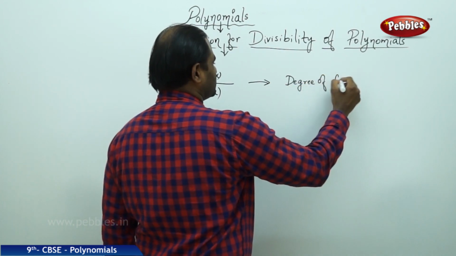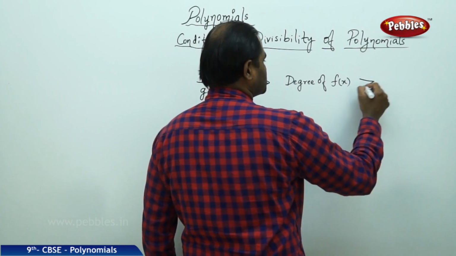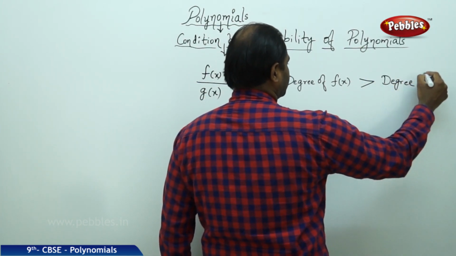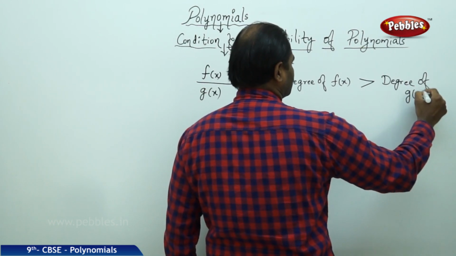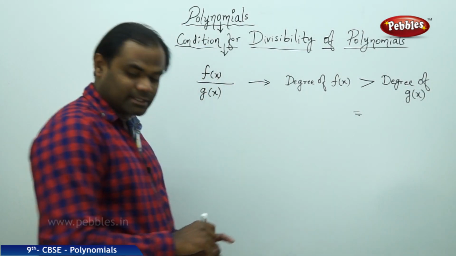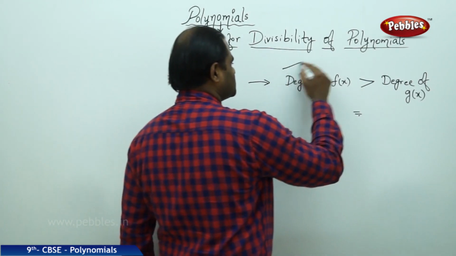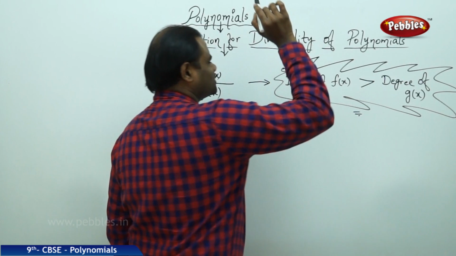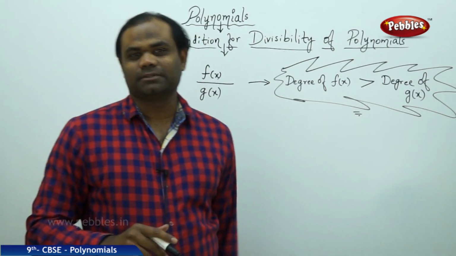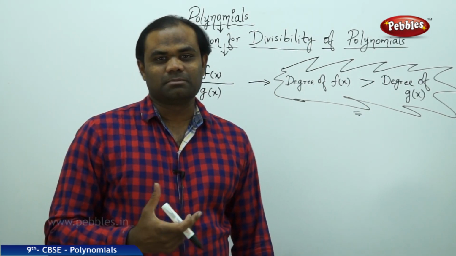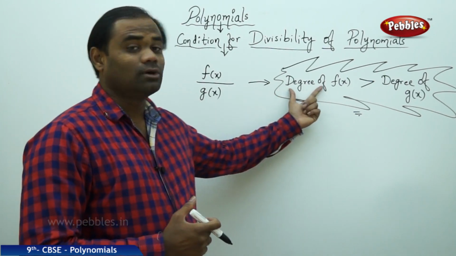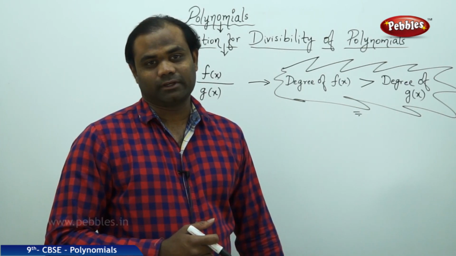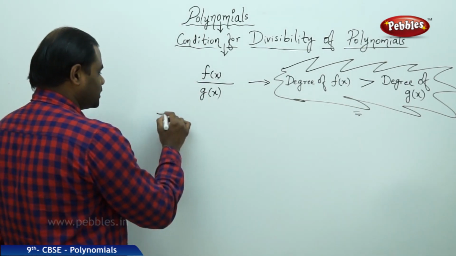degree of f of x is greater than degree of g of x. This is how I see the condition for existence of divisibility of two polynomials. The condition for divisibility of two polynomials is only possible when the degree of f of x is greater than the degree of g of x. For example, if I take a polynomial